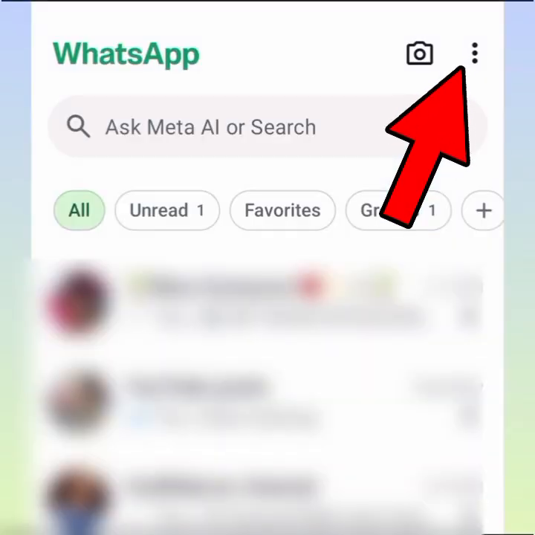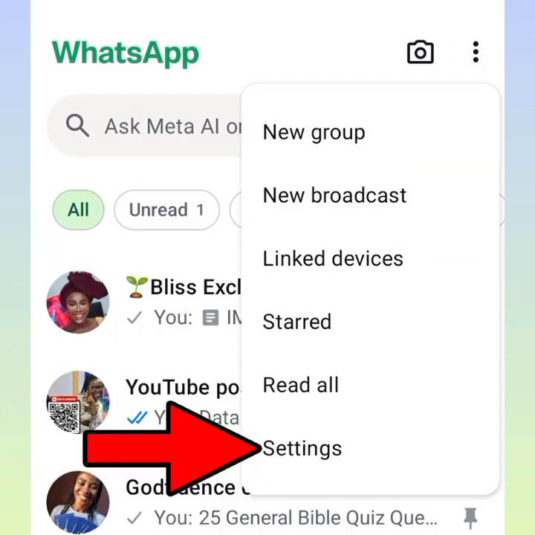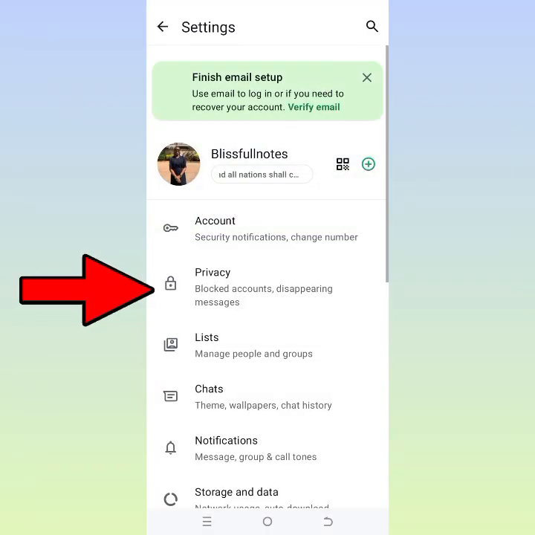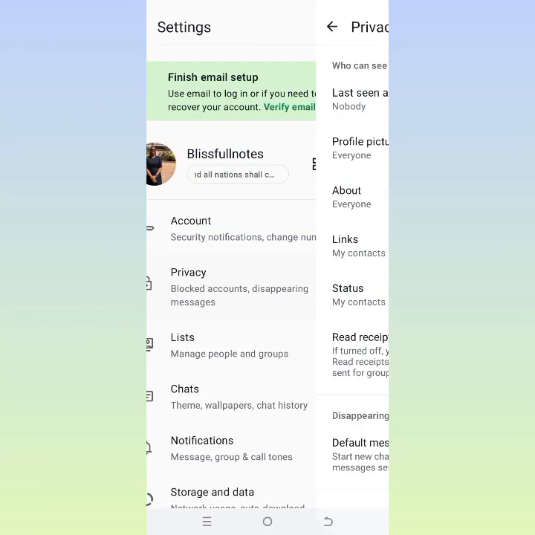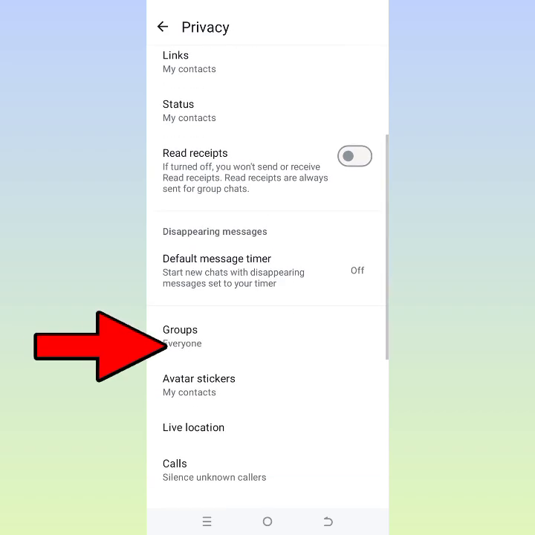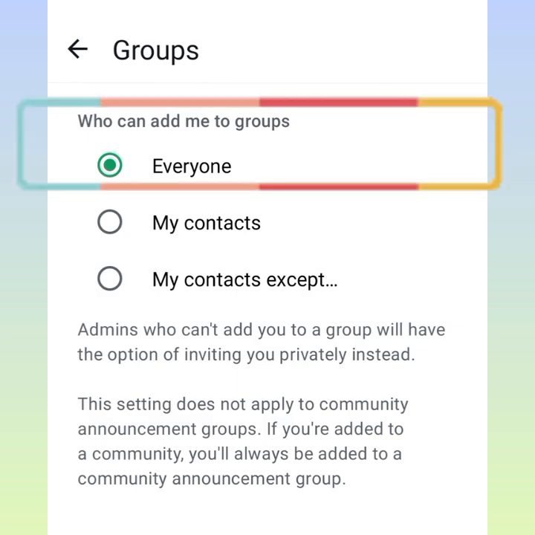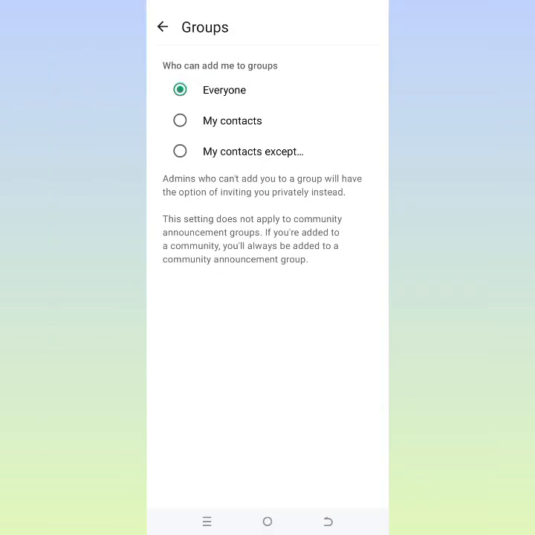Now I'm going to show you how to set this. Click on these three dots as shown on your screen. It will open up to this. Click on settings. When you click on settings, click on privacy. Now you are going to see a place where they wrote groups, so you are going to click on it. As you can see, it's defaulty set to everyone who can add me to groups, but you are going to